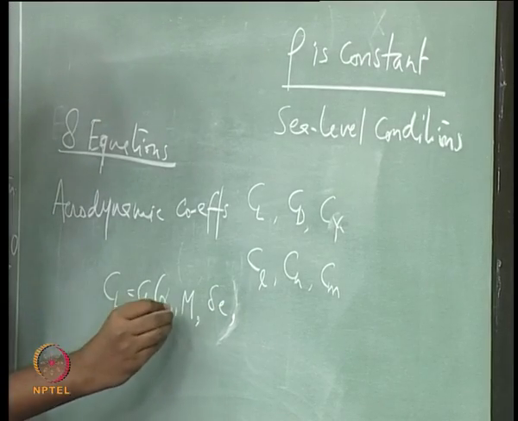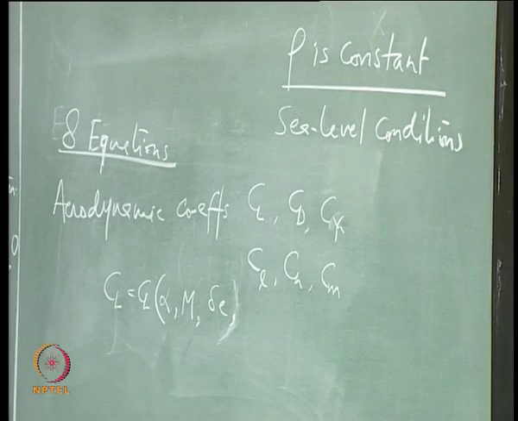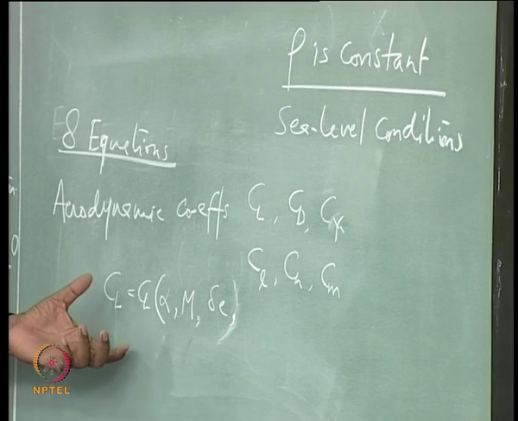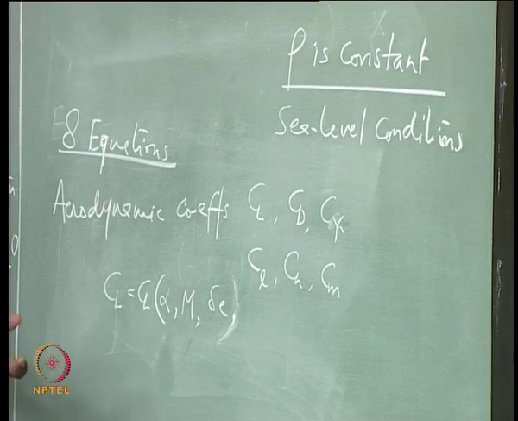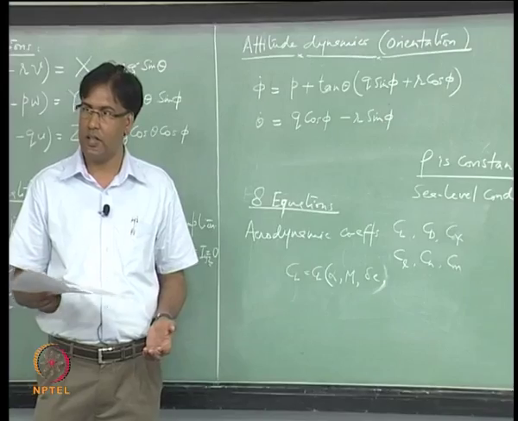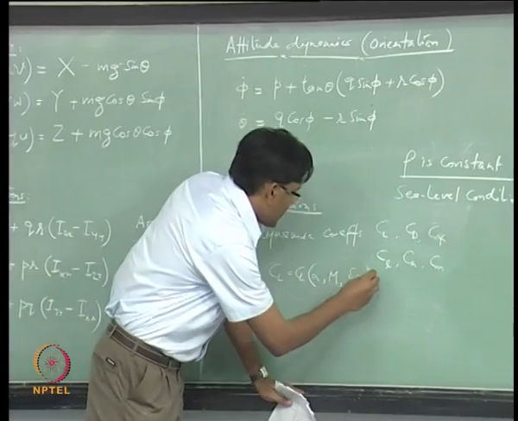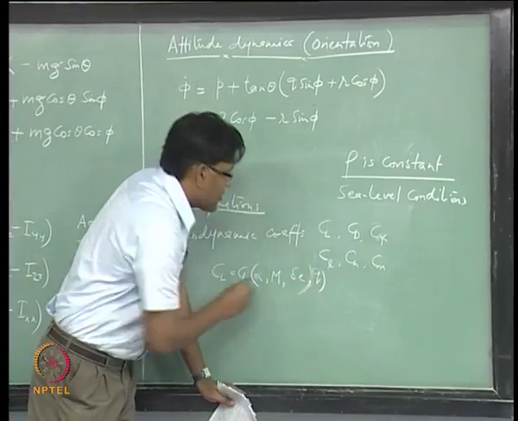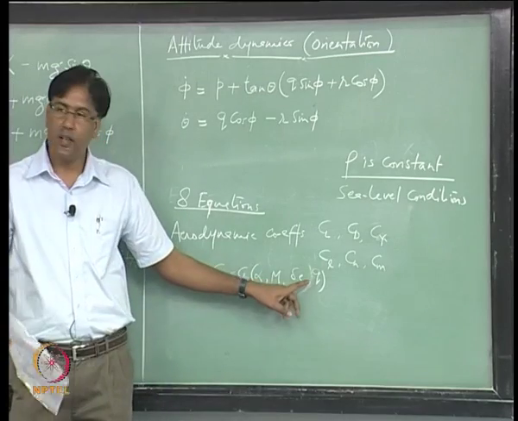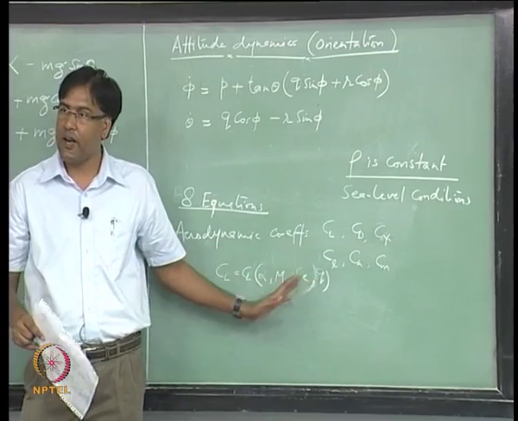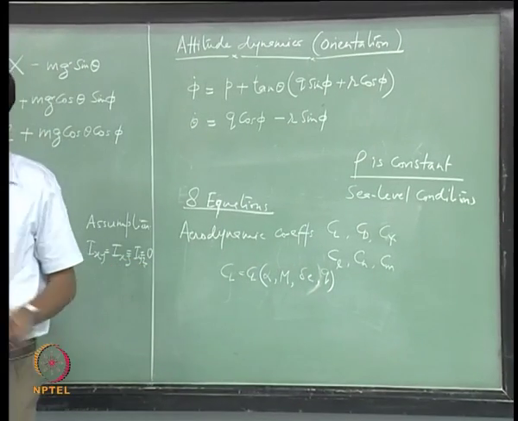Anything else? CL is a function of elevator also, control input, and that can also become non-linear at higher angles of attack, right, in the post stall region. Anything else? CL may also depend upon the rates, right, angular rates of aircraft. So, CL will also be a function of Q, which is the pitch rate, and this can also become non-linear in the post stall